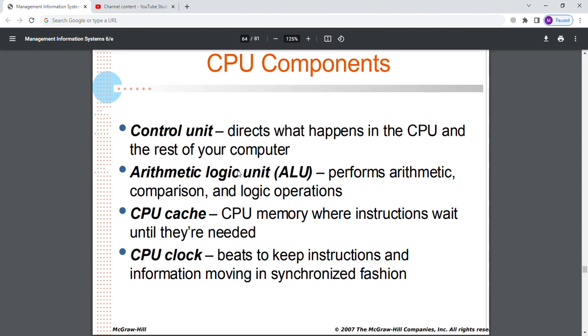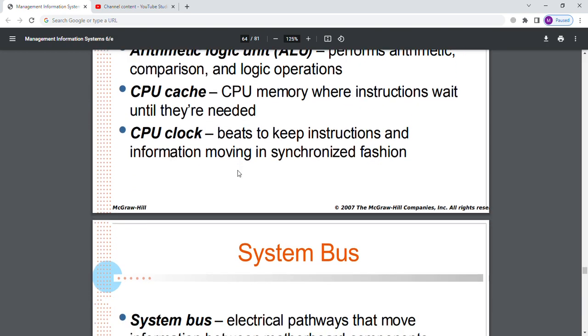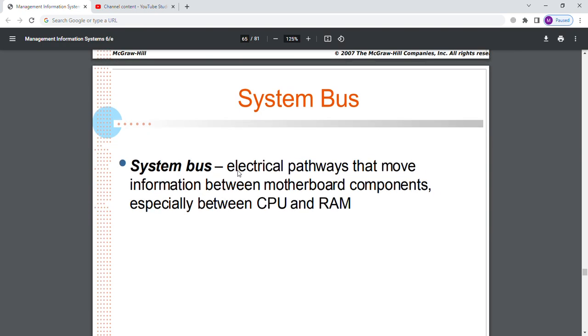CPU components. The control unit directs what happens in the CPU and the rest of your computer. The arithmetic unit performs arithmetic, comparison and logic operations. CPU cache is CPU memory, where instructions wait until they are needed. The CPU clock beats to keep instructions and information moving in a synchronized fashion. The system bus is the electrical pathway that moves information between motherboard components, especially between